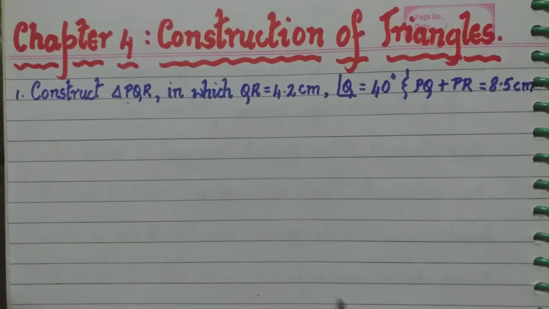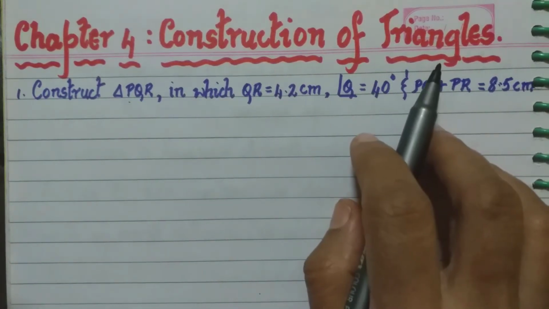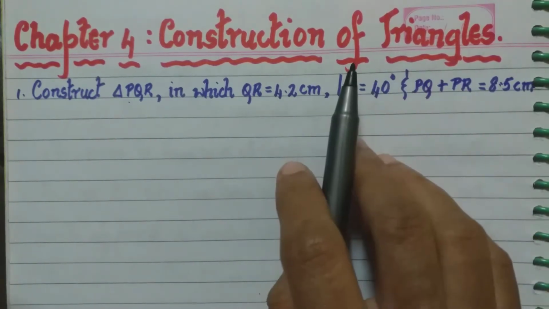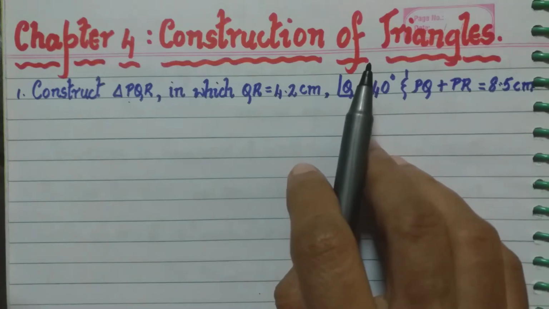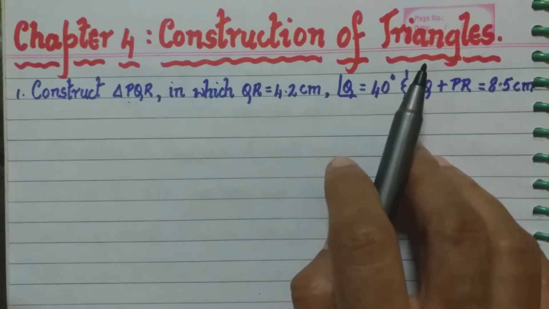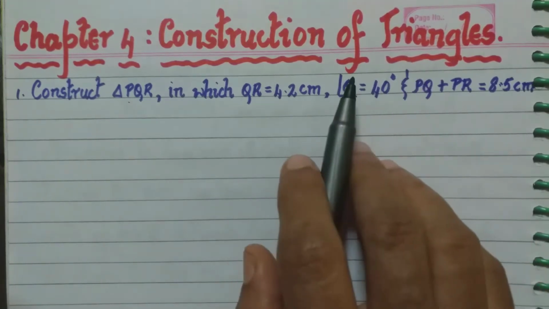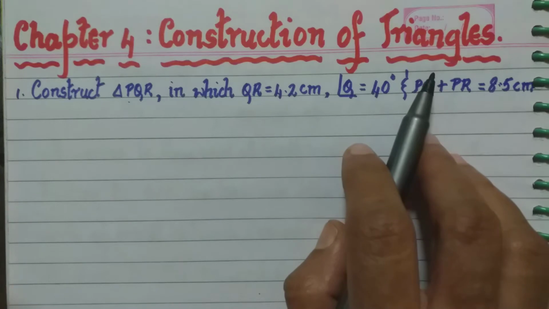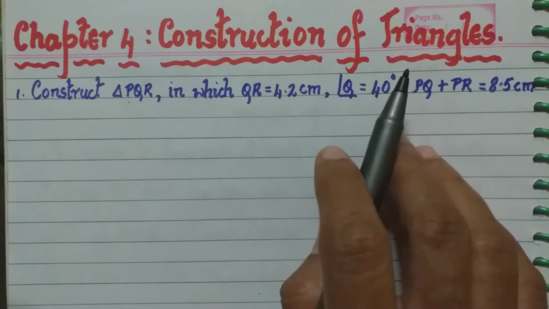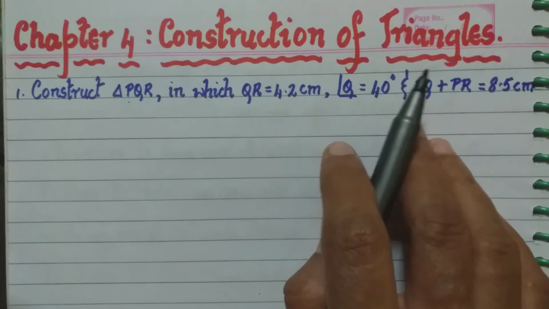We begin with the last chapter in geometry, chapter 4, construction of triangles. Now, construction of triangles you have learnt in the earlier classes, when different elements of a triangle were given, that is, some sides were given and angles were given, and you had to construct triangles. Now, in this year, that is in 9th standard, you will learn construction of triangles when three different combinations are given. So, according to that, we have three exercises, that is practice set 4.1, 4.2 and 4.3.